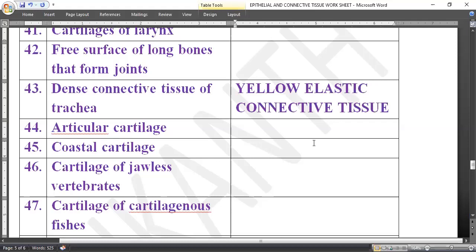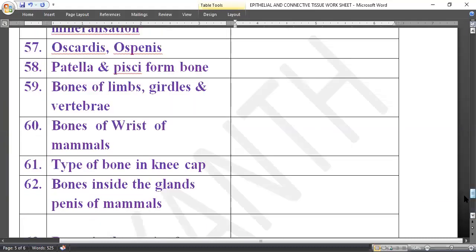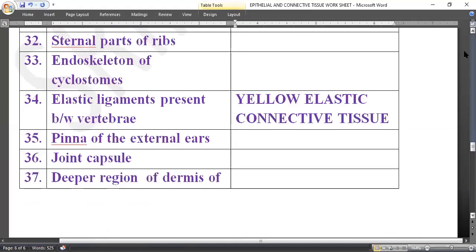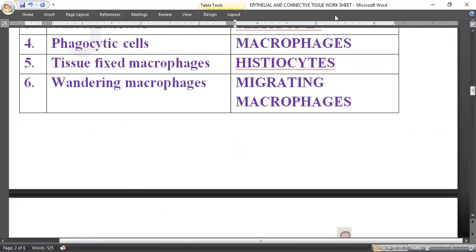Next, that's it actually. In the next session, we are going to complete the remaining total. After the completion of supporting tissue, this worksheet is meant for up to supporting tissue. We need to make one more for blood itself. Up to supporting tissue, we have completed loose connective tissue and dense connective tissue. Till now we have filled it all. Okay, so let's continue with the supporting